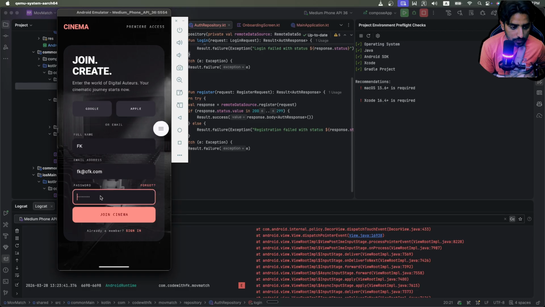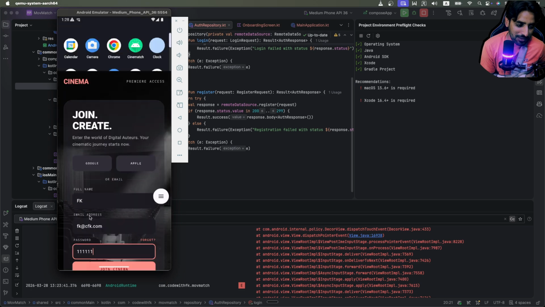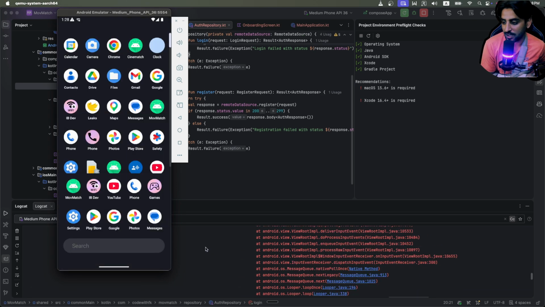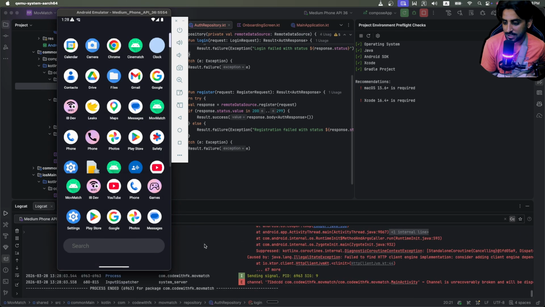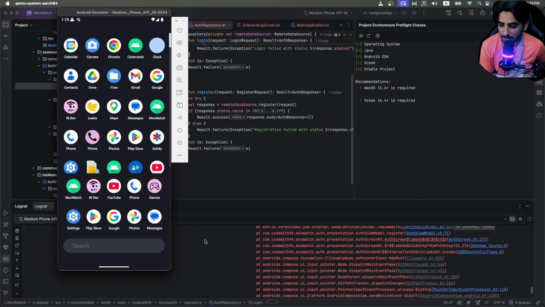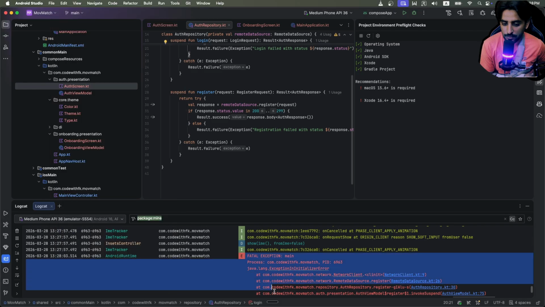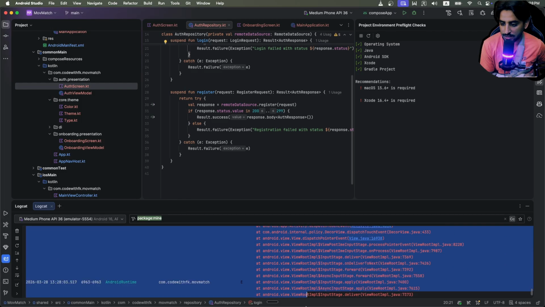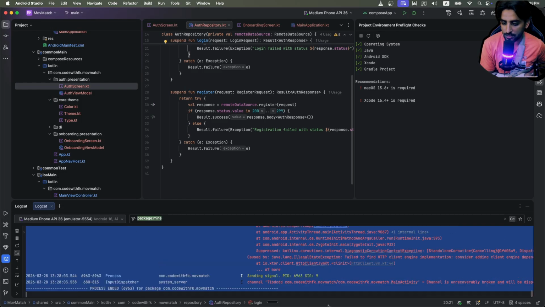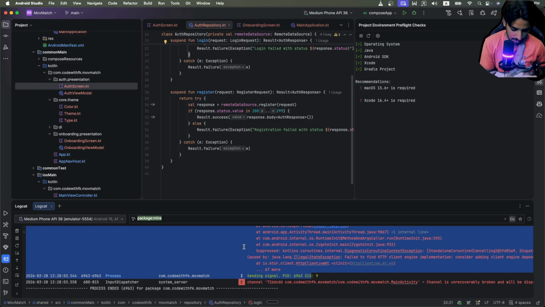cfk.com, password 123456. Okay, the password field is not hiding, but we'll let it go. Okay, now once I click on that, I think it's still creating a problem. It's causing not being able to identify the engine. So now what you can do is you can just get that API call request or the crash log that we have,